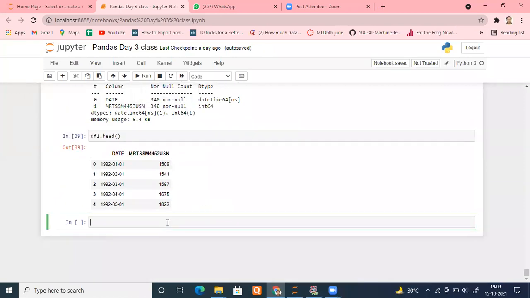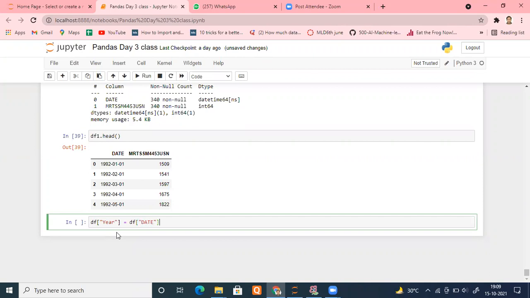How? Suppose I need to extract a new column which should have the year from this date column. So what I'm going to type is df, and suppose the column name I need to create is year. So I type year, and I want to fetch that from the date column, so I'll again use my date column.